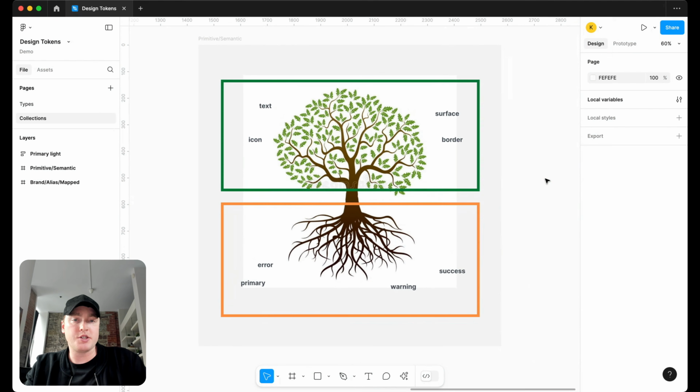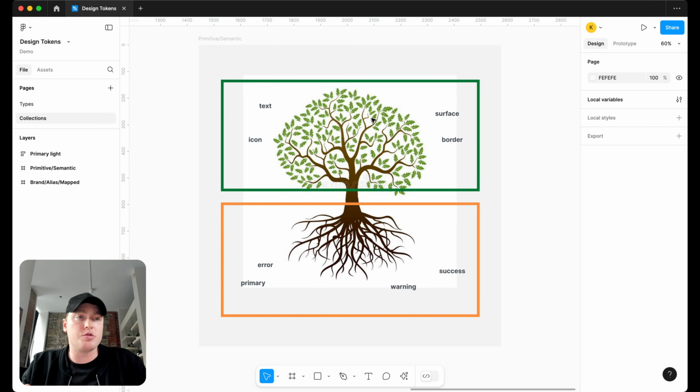But your 2-tier approach, leveraging just your primitive and your semantic collection, is one that's pretty common across a lot of libraries out there like Untitled UI. Even Figma uses the primitive semantic collection as well, where the only key difference is you're just eliminating the brand collection. What you're saying is you already know what your primary, error, warning, and success colors are, and then you take those right into your semantic collection, what could be known as your mapped collection,